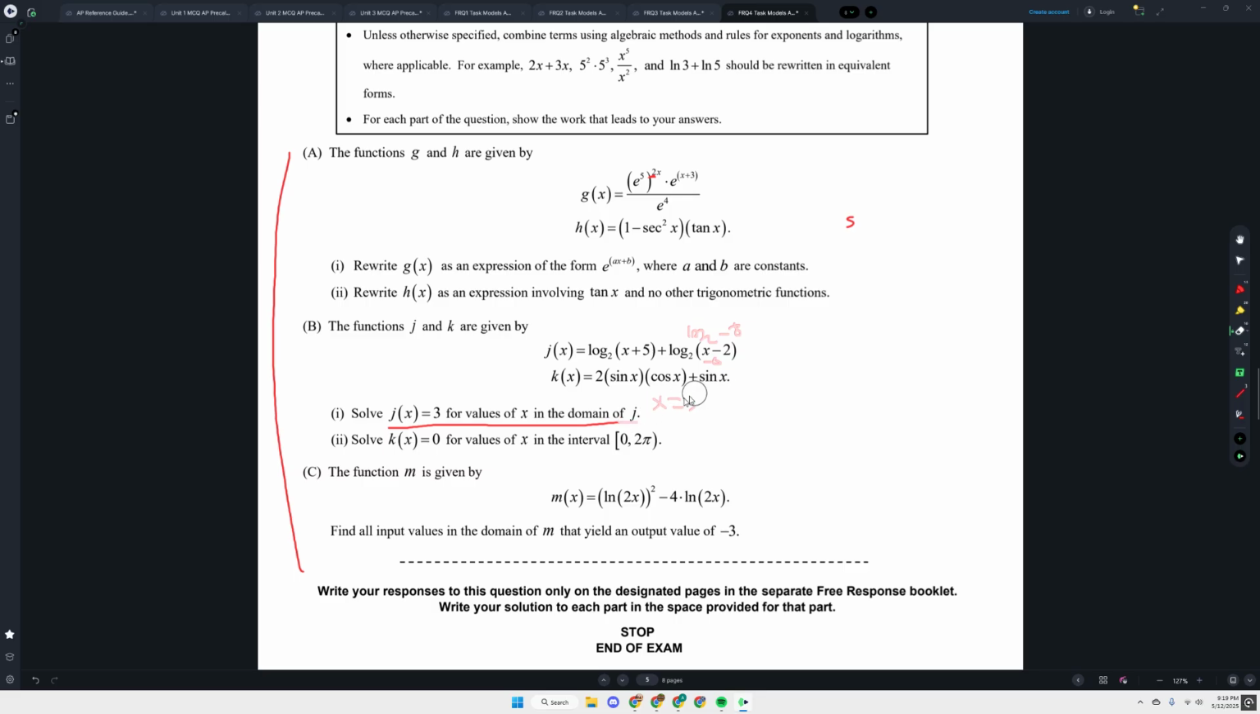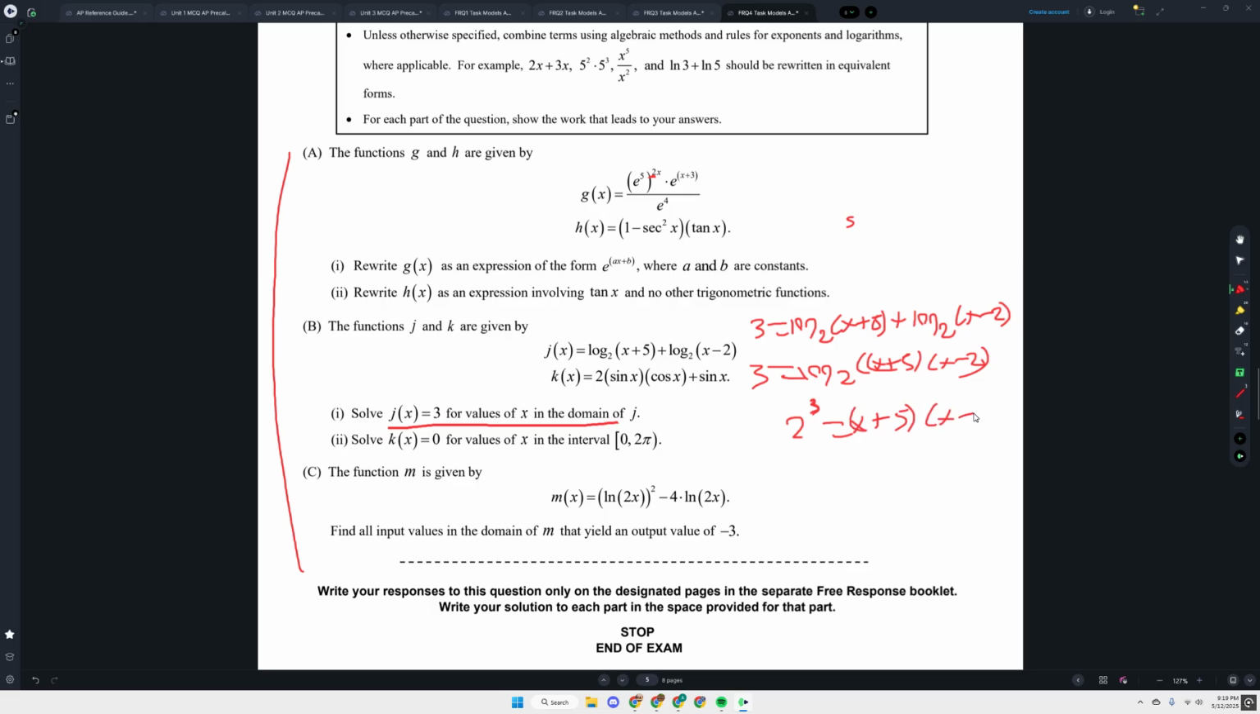How'd they get 5 over? You want me to go over this one? Yeah, sure. First, it says solve, so we're going to be simplifying it. Log base 2 of x plus 5 plus log base 2 of x minus 2. We have the same base, so we can condense it. So log base 2 of x plus 5 times x minus 2 is equal to 3. Now we can use the property of logs, switching between logs and exponentials. So 2 to the power of 3 is equal to x plus 5 times